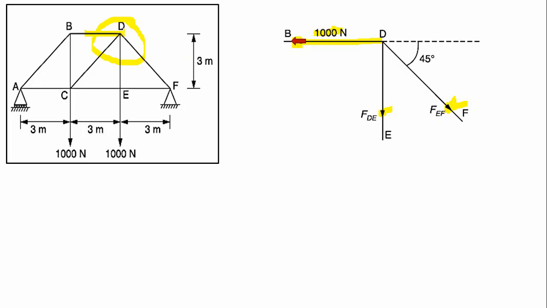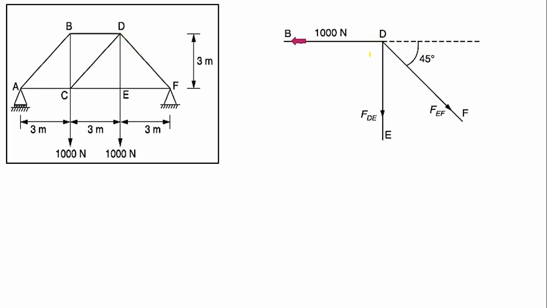Then next is this inclined member FCD. FCD already we have calculated, this is a zero force member, this value is 0. If you draw also, this is 0 now, 0 means total it will be 0 itself, therefore we can remove that. Then next is FDE, FDE is shown here. Then next is FDF, which is inclined at an angle of 45 degrees.